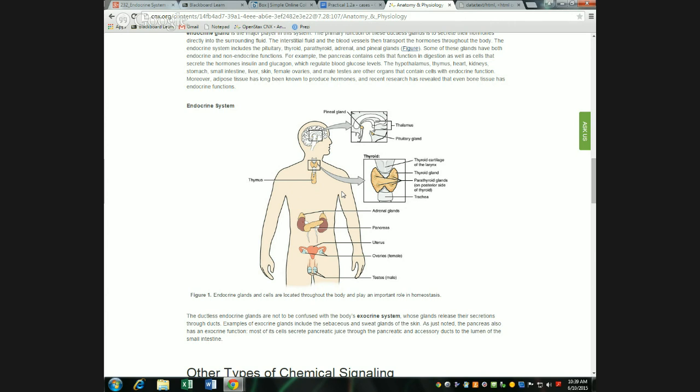Another example is the kidneys, which are actually in this picture, though they're not labeled. They also release hormones that play a role in blood pressure. They're sort of the opposite side of what I just talked about. The heart tries to limit blood pressure and blood volume so that the heart doesn't have to work too hard. The kidneys, on the other hand, work oppositely. They keep blood pressure up because blood pressure is important for kidney function. And so the heart and the kidneys kind of play against each other using an endocrine